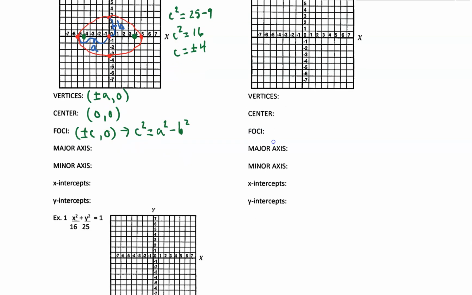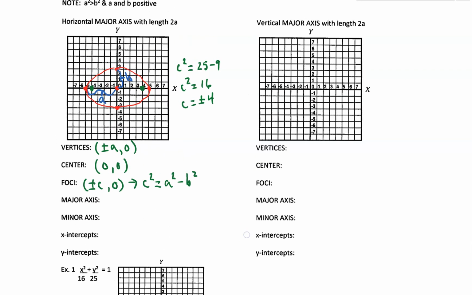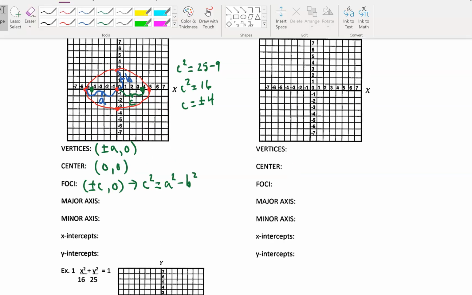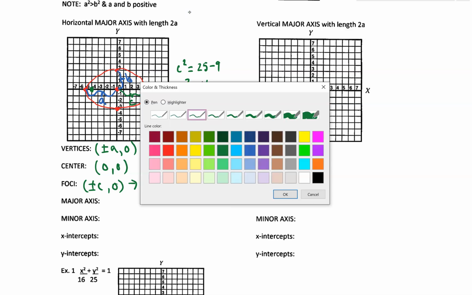So that would be how we would find those values. So this right here is C. Hopefully that kind of makes sense here in terms of what we're trying to do. When you talk about these, a couple things to point out to you. In particular with the C values, when you're talking about